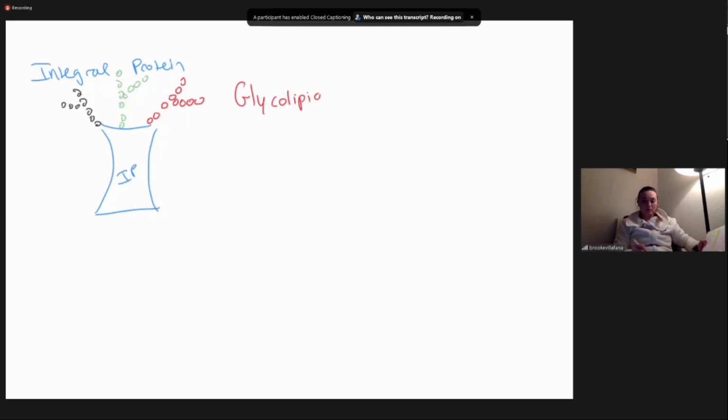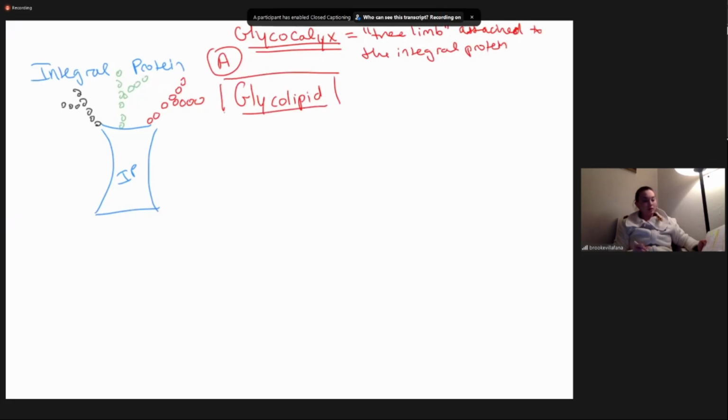Glycolipid. This is our first glycocalyx example. Okay, so a glycocalyx is basically a tree limb attached to the integral protein, and it has a variety of functions. So I'm going to write down the functions of each one. If it was a glycolipid, this would function for cell-to-cell recognition,